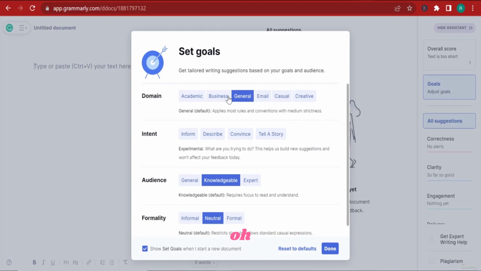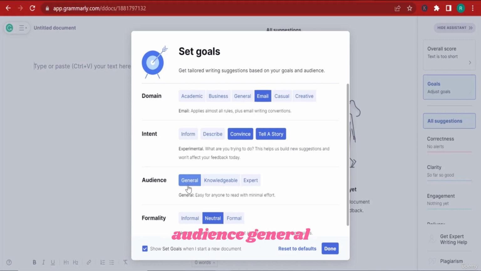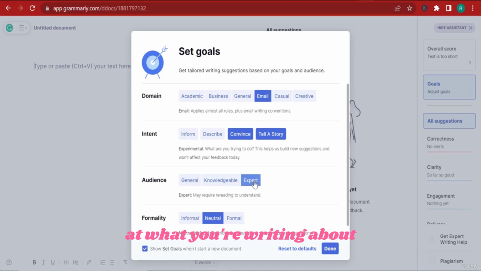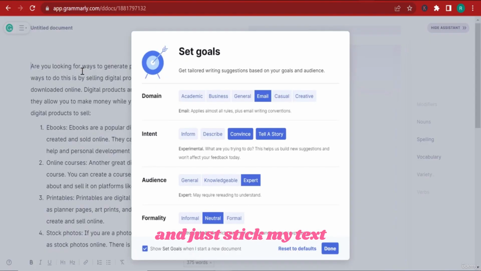So if I want it to be an email, I can click here, email. And if I want the intent to be convince and tell a story, and you can even choose the audience type. So if your audience doesn't have a clue about what you're writing about, you can click audience general. If your audience is expert at what you're writing about, you need to click expert. So let's say that my audience is an expert, and the formality here, I just prefer to be always neutral, not that formal. And I'm gonna click done. So right now that the goal was set, I can come here and just stick my text